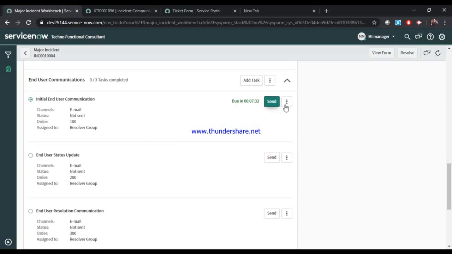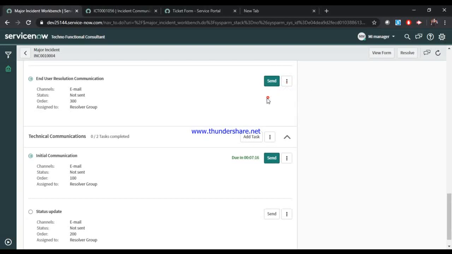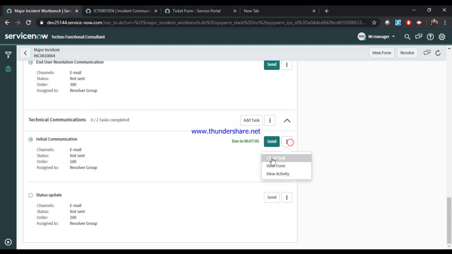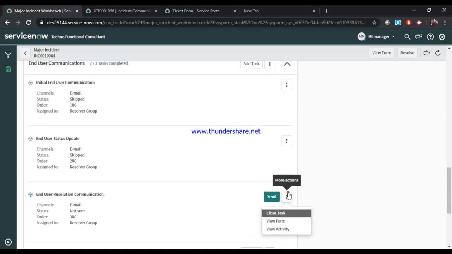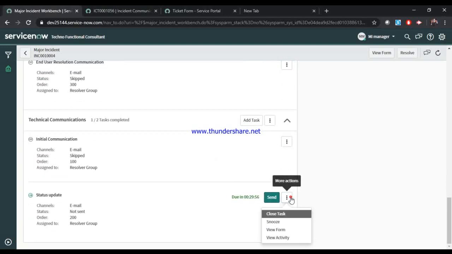So it's closed because there's no restriction or constraint or validation input that if your task is open you cannot resolve the ticket. You can still resolve the tickets, but this is the way that ServiceNow actually developed the MI process for customers, and this is very good because it's saving a lot of time here. You can configure your automatic messages as well. That email you already saw, so you can do all this part. Let me click on close here. Okay, so now every task is closed or it's remaining.